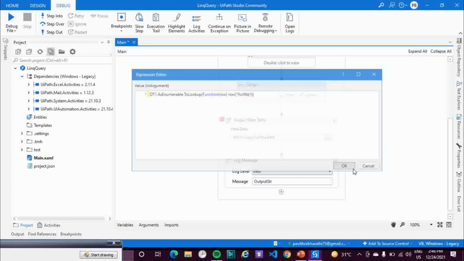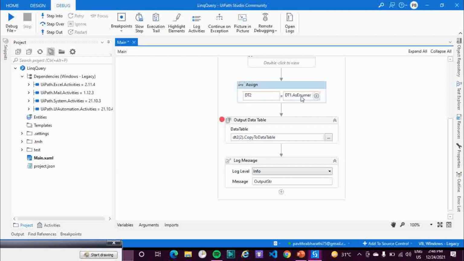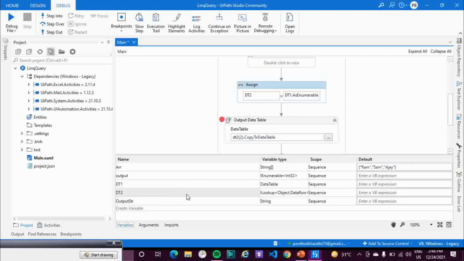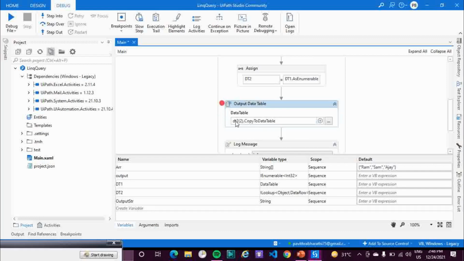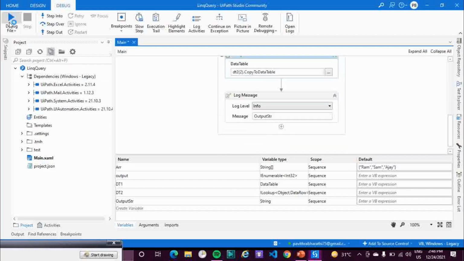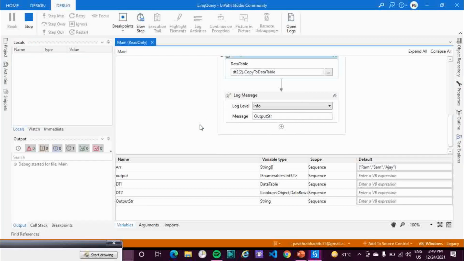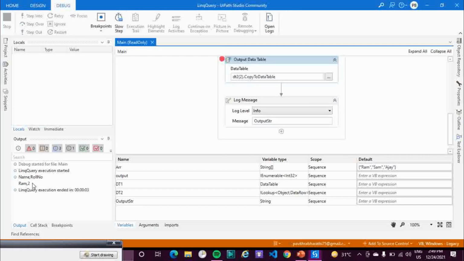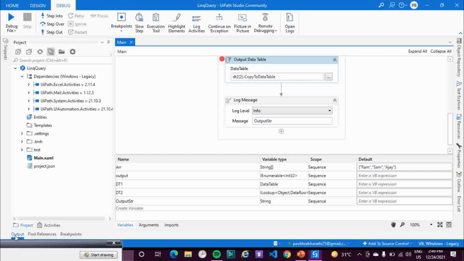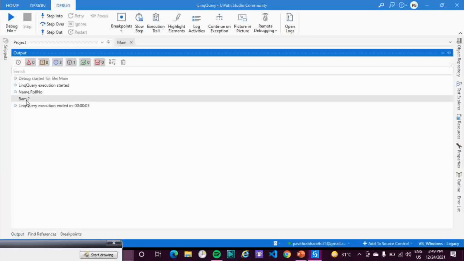Since this is a LINQ result, I have changed this into an ILookup data table. To print this, I have used the output dt2 of copy, which I'll be getting here. This is just to show you how the output will look. You can try it out. Let me run this one and see the output.